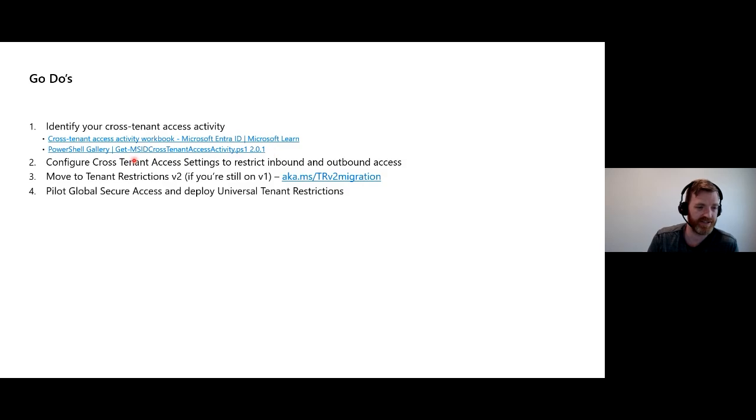run. Just do a search for git-msidc or MSID Cross Tenant Access Activity, and you'll be able to essentially query your own sign-in logs and get the same kinds of insights. Now, once you have that understanding, go ahead and configure the Cross Tenant Access settings to restrict